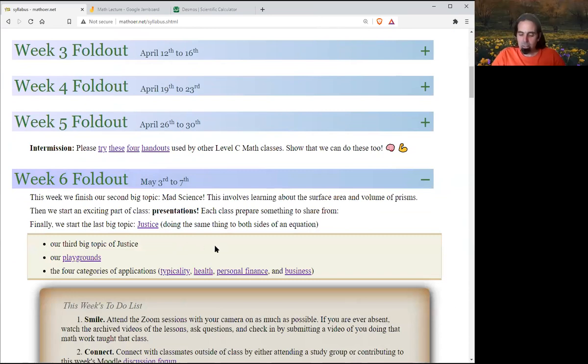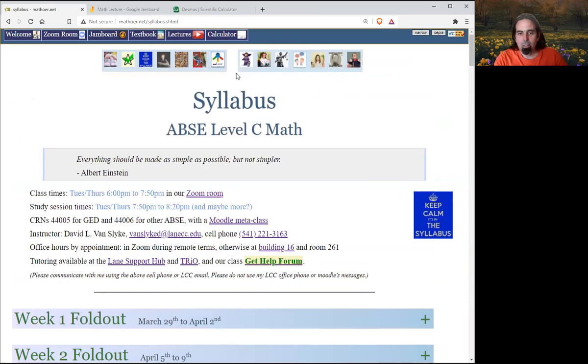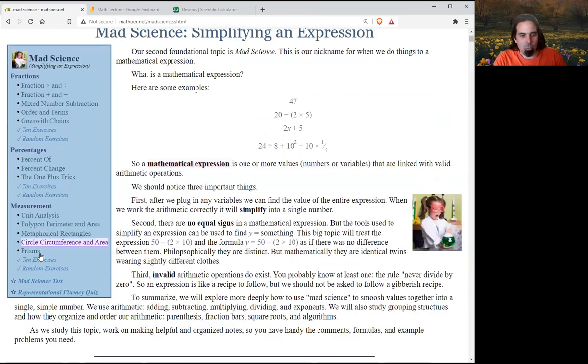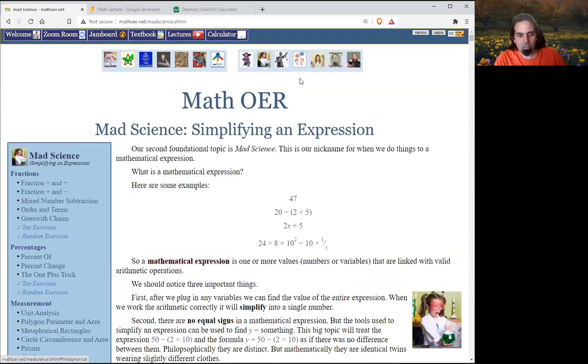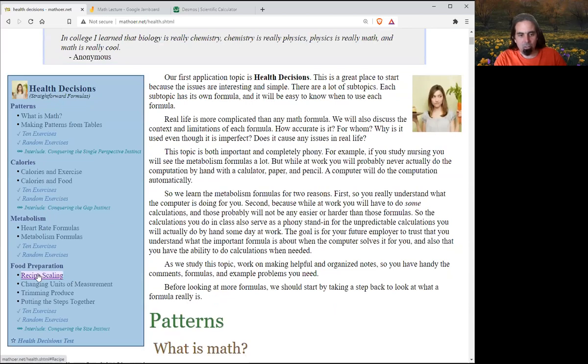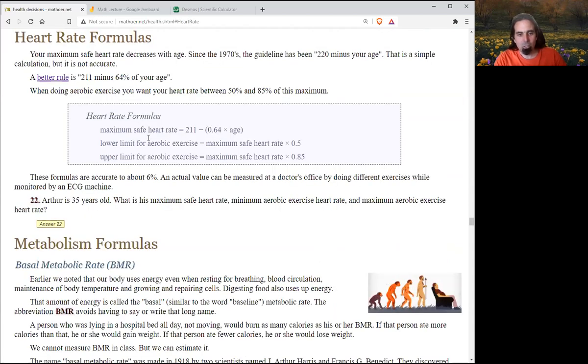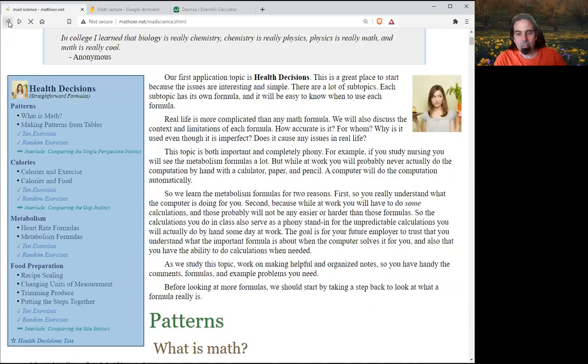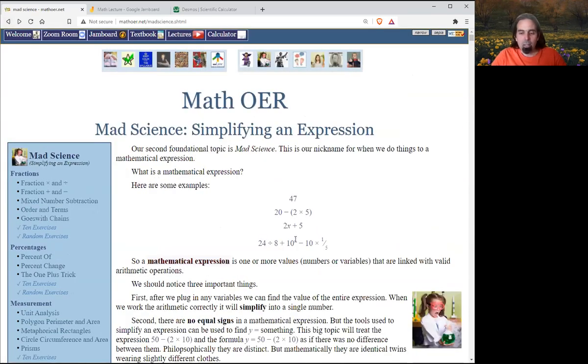Yeah, newer topics. Okay. And it's a little bit just switching the order of homework, right? Right now, measurement is what we went over today. So when we're done with class, I will look at all of the stuff online and do some of the 10 exercises, right? You do these topics on the website after we talk about them in class. So I'm asking you for just a little bit of something, look ahead of time. Say, I want to talk about scaling recipes or heart rate formulas. So I'll read about that just a little bit ahead of time so I can take a turn and